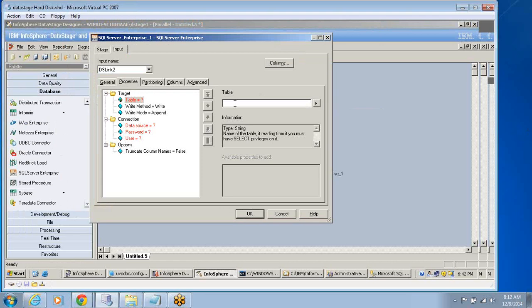Yeah, table can be anything. You can just specify some table. Let us say just put row gen table name, and then you have different write modes and write methods. By default, this table will not be available, right? In that case, you need to specify write mode as